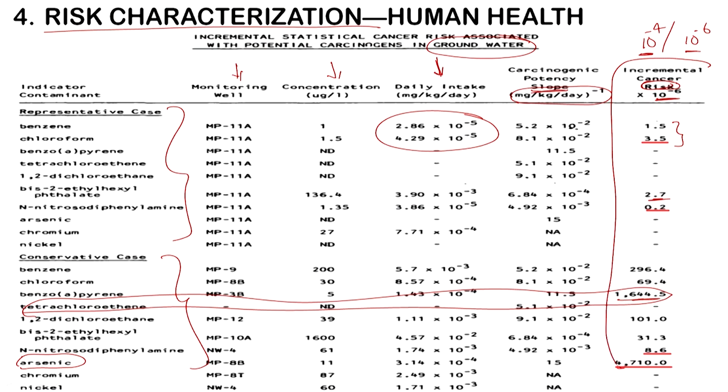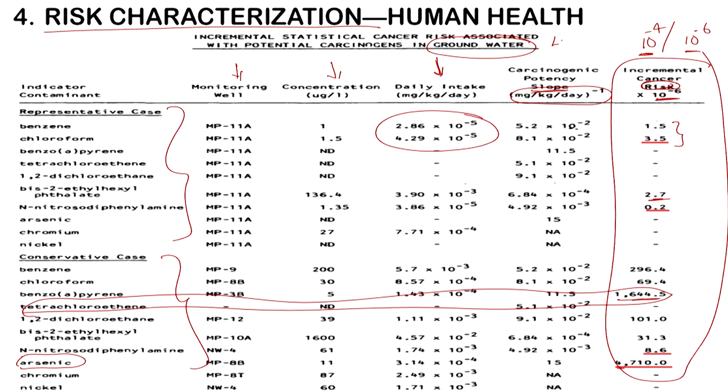So, that is what we have here, and this is something we are going to look at in detail during the course. How do I calculate this lifetime cancer risk? We have the slope factor for that particular compound multiplied by the daily intake. As you see, the units cancel each other out, and that is how I come up with lifetime cancer risk. Obviously I need to sum up all these risks to understand the cumulative risk posed.